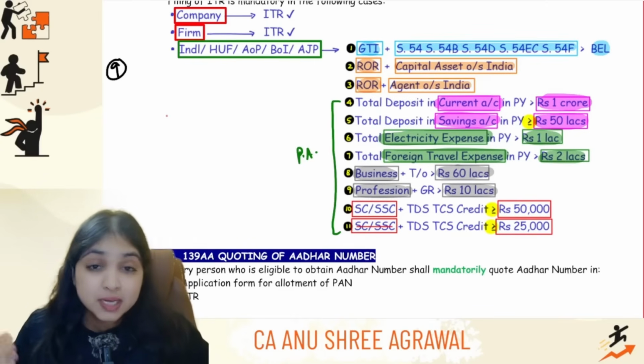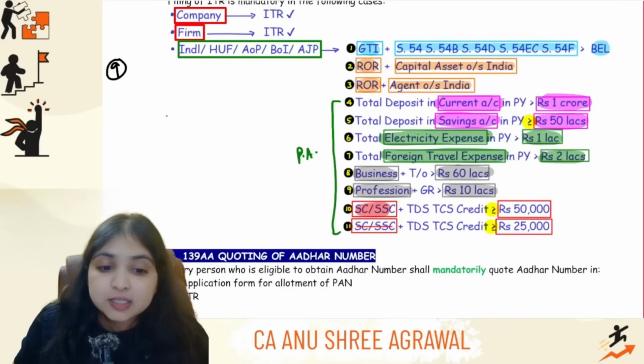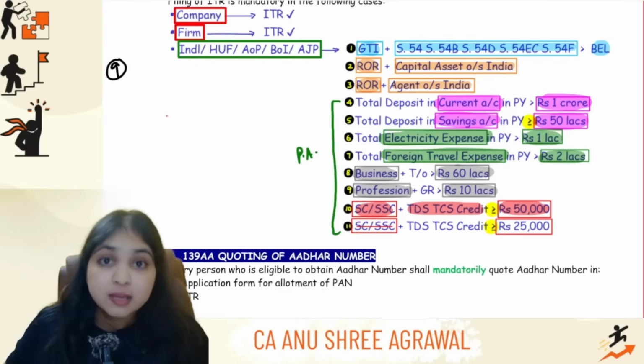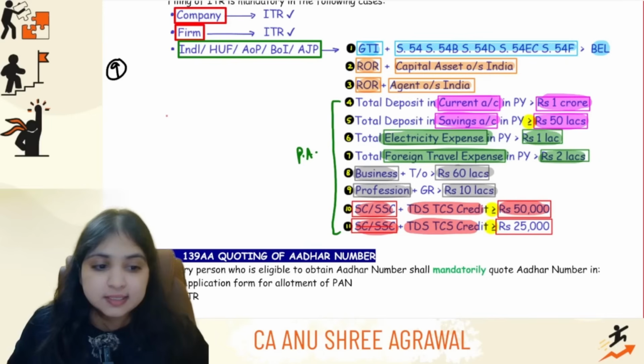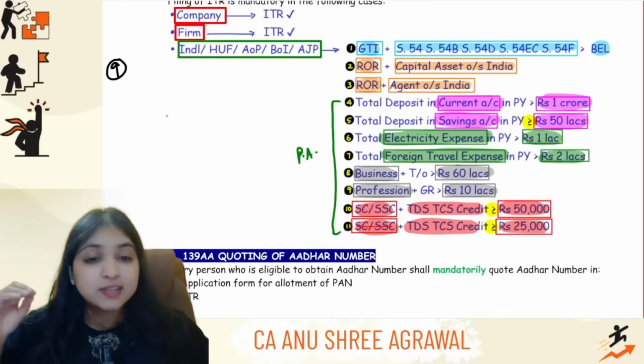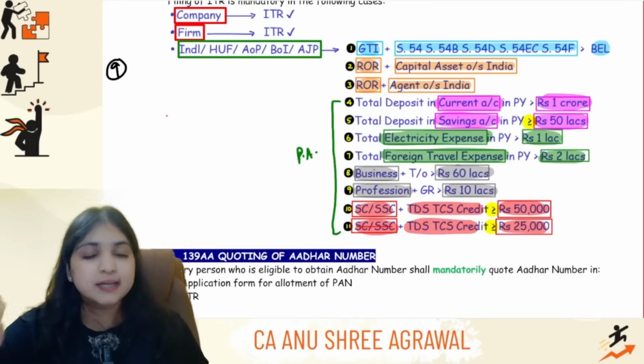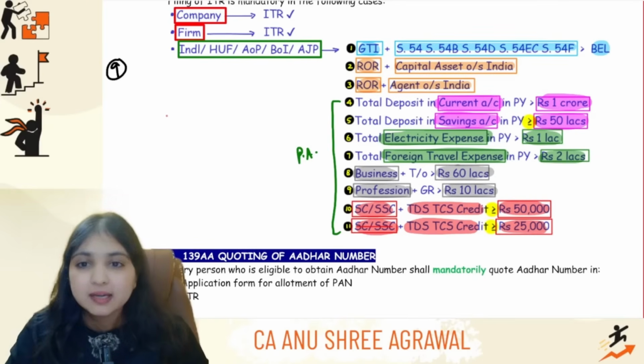Then comes our last 2 points. If the assessee is a senior citizen or a super senior citizen, we will see the TDS TCS credit. Is it at least 50,000? If the assessee is not a senior citizen or a super senior citizen, we will again see the TDS TCS credit. Is it at least 25,000? So if the assessee comes under any of these 11 buckets, then for that assessee it is mandatorily required to